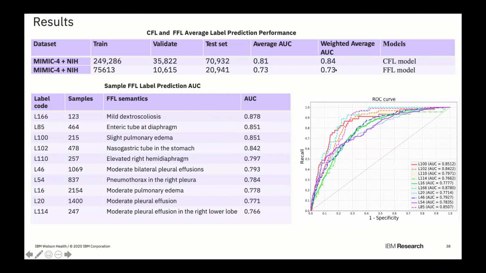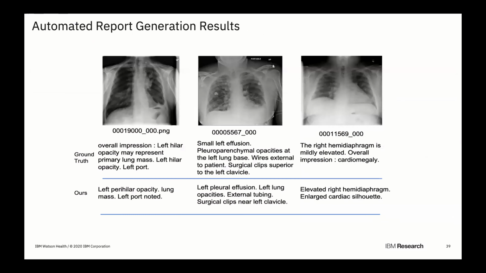From here, you can also see that the fine grain finding detector's accuracy is lower than the core finding detection, as expected. But for the majority of the findings, even the fine grain findings maintain decent accuracies. But from the nature of the process, you can directly emit a label that says things like moderate pleural effusion in the right lower lobe, whereas most classifiers would simply say pleural effusion at best. So severity is assessed as well as laterality and location.